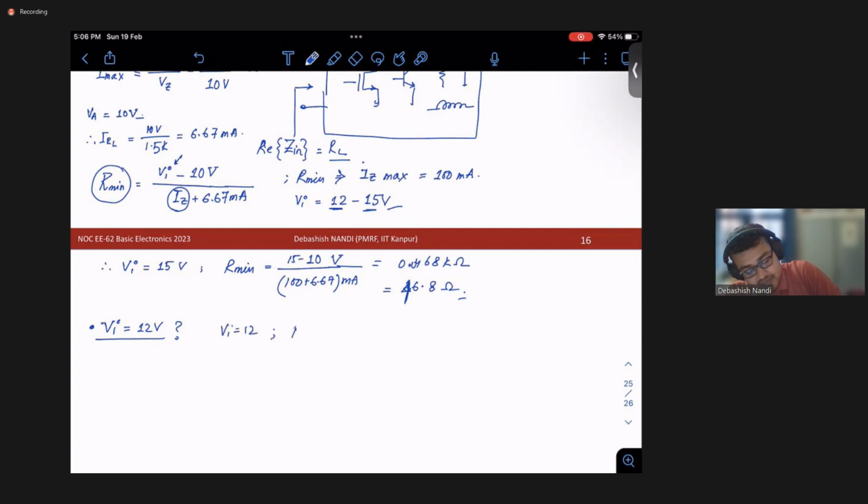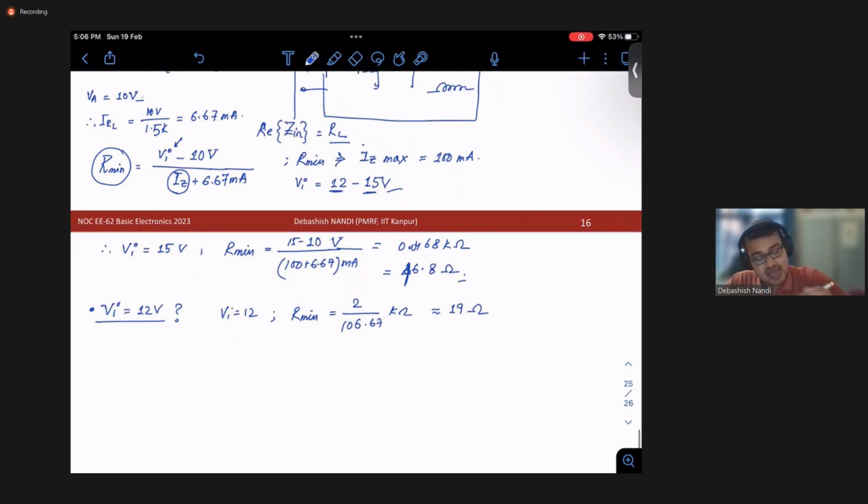2 by 106.67 kilo ohm. That is 2 divided by 106.67. That is around 19 ohm. Okay. Now see, you have designed your voltage stabilizer in a way that this is your 19 ohm,